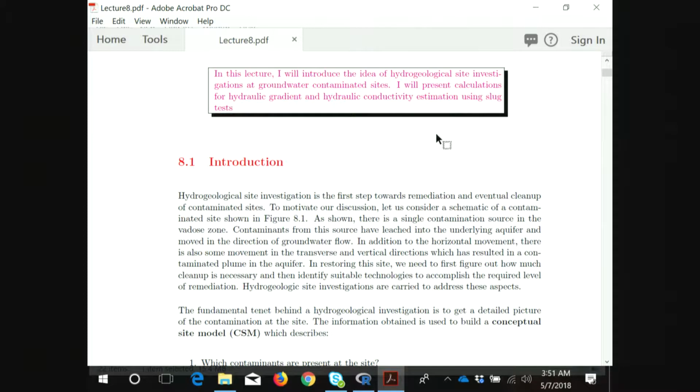And so when you have contaminated sites or remediation sites or sites where you want to perform remediation, the first thing you want to do is go do some hydrogeological site investigations. Okay, so